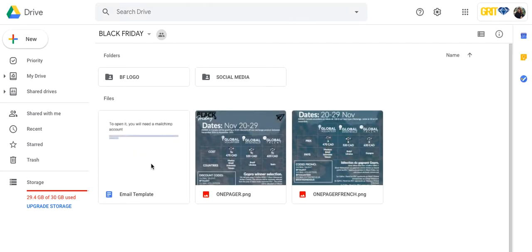The first one is an email template. This is an email template with the Black Friday information in case you want to mail to people in your university. It is very important for you to know that in order to open it and be able to edit it, you actually need to use your own personal MailChimp account. So just use your personal one, it should be fine, and you can just send it to people like a mailing